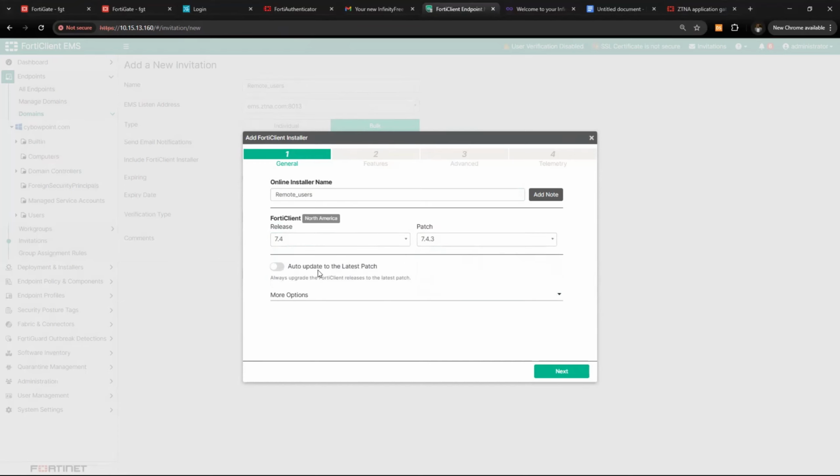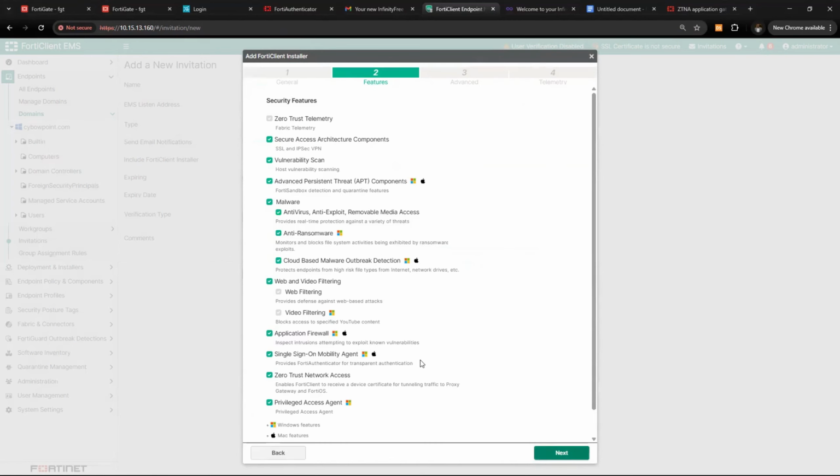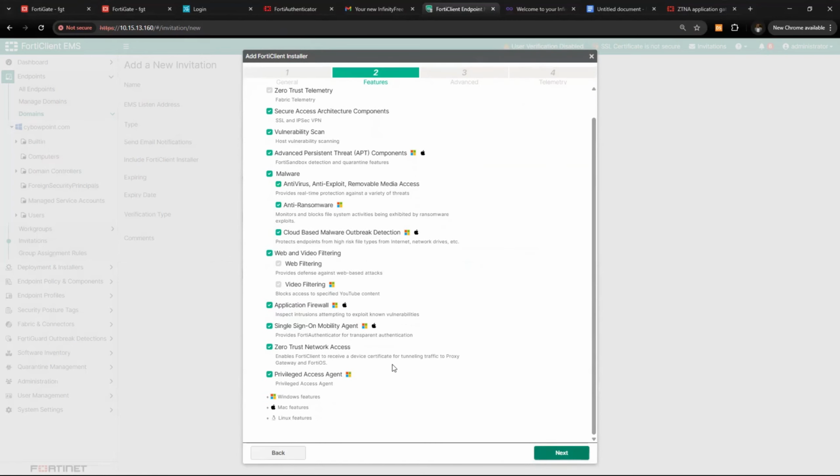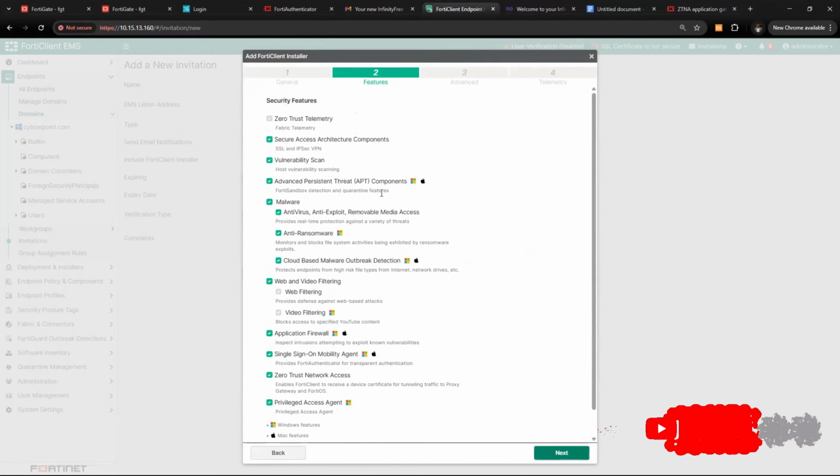You can also ensure that you have an auto update to latest patches and all that. Then click next. So ensure all these are selected because they are very important. You might not need them or you might not activate them at the end of the day, but let them just be checked. FortiClient is a unified agent that supports different forms of security services, and which is very useful,